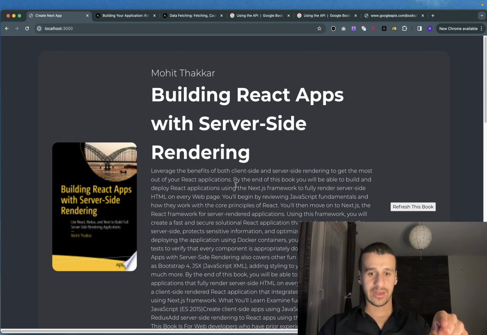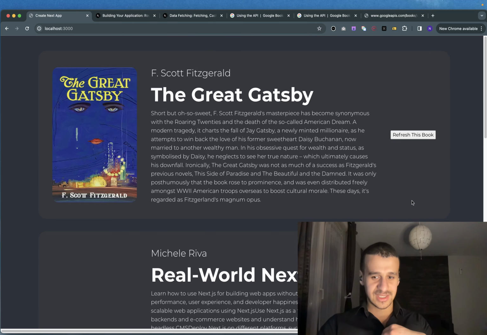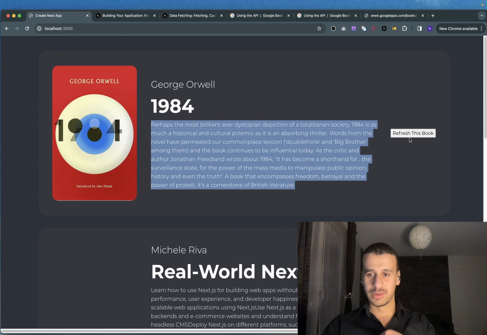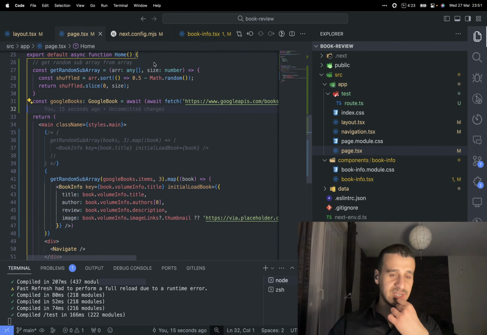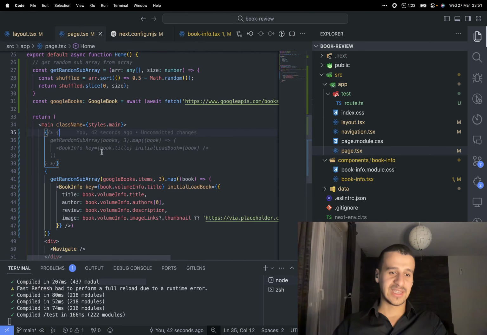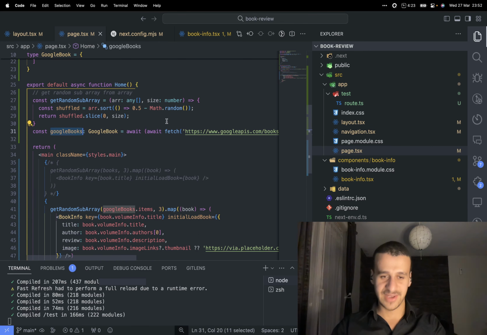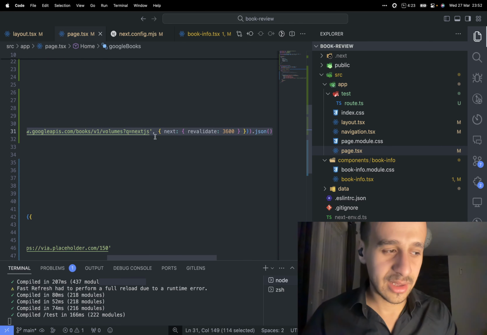This now is accomplishing what I want, except the fact that the books I'm fetching only from my database, when I do it like this they disappear. How can I resolve this? I can actually do something that improves my code. Since this Google Books fetch request, specifically, I'm always going to repeat it again